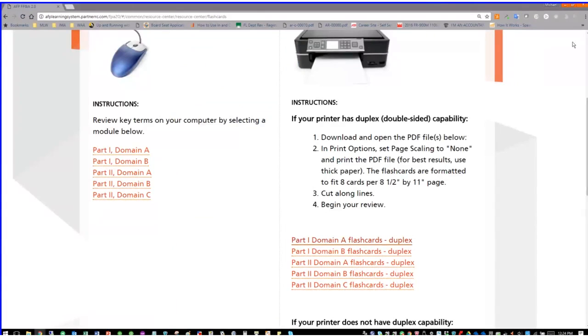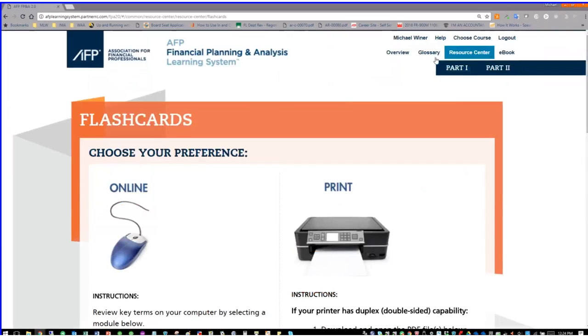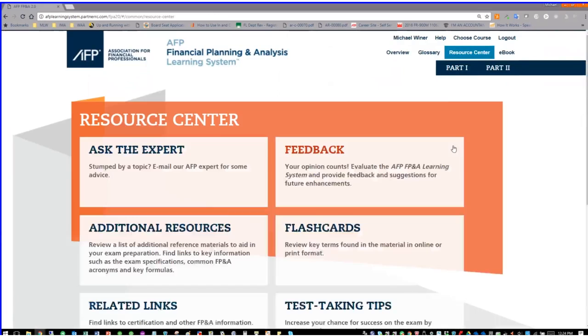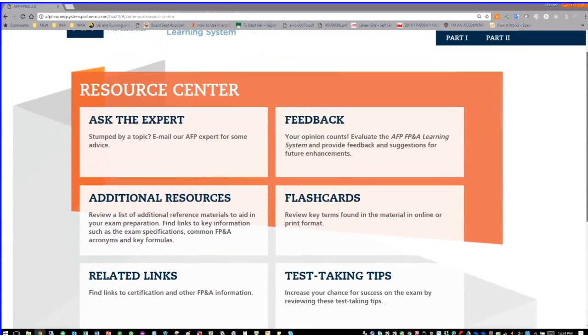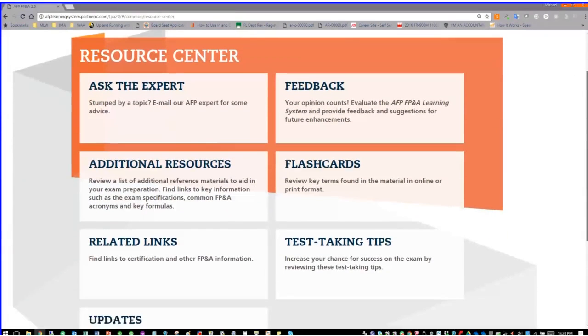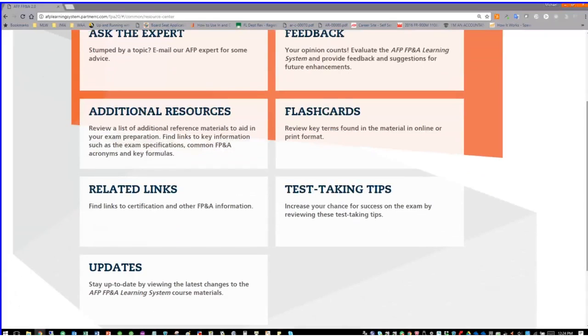Okay, so that's that. So that's flashcards. Let's go back up to resources. And forgive me, it's obvious these are here, and forgive me for taking the time. It's just sometimes students don't realize it. They're so down in the weeds, they don't realize these things are here for you. And I believe you've got 1 year of access, so they're here.